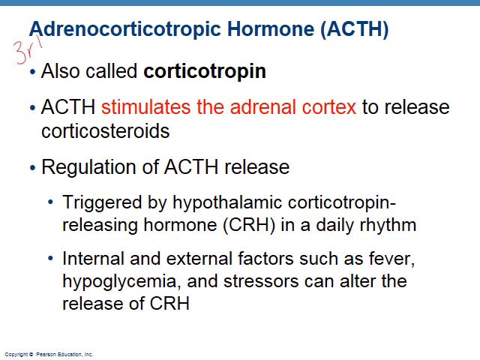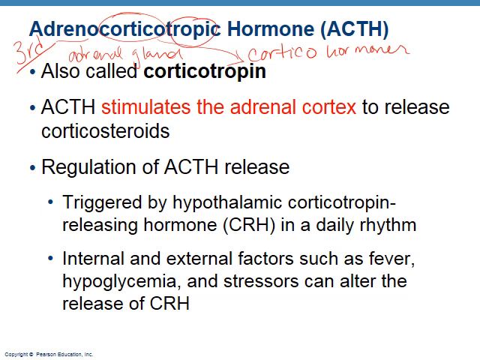Now we're on to the third in the list, adrenocorticotropic hormone. I like this wording. Adreno tells you where it's going. It's going to the adrenal gland. Cortico here tells you what it's going to release. It's going to stimulate the release of cortico hormones. And then the tropic part tells you it's going to release hormones, and those hormones are going to cause more hormones to be released. So ACTH